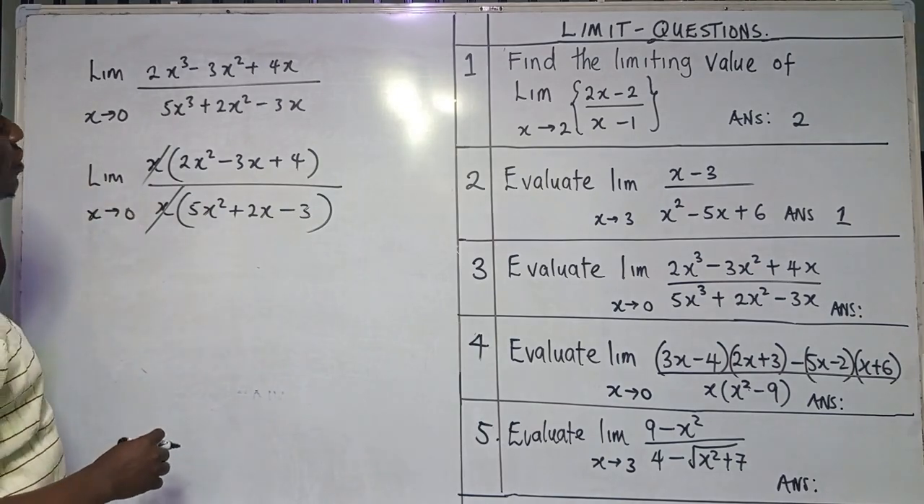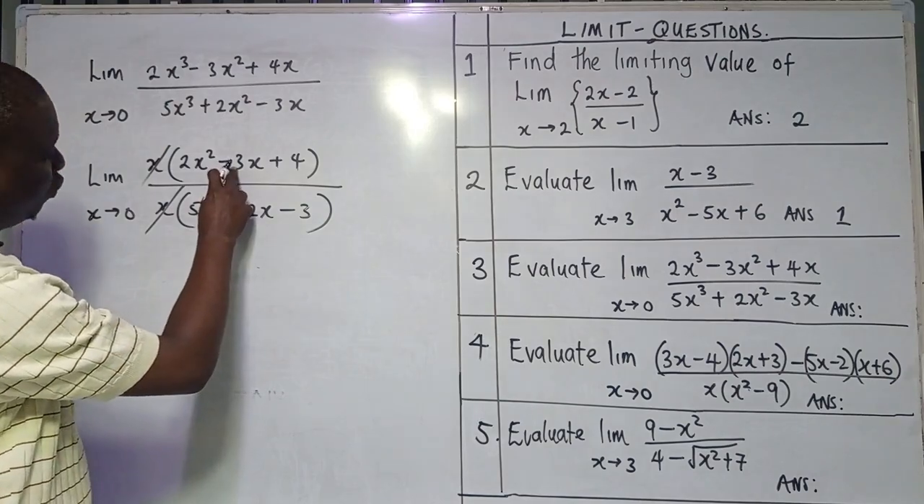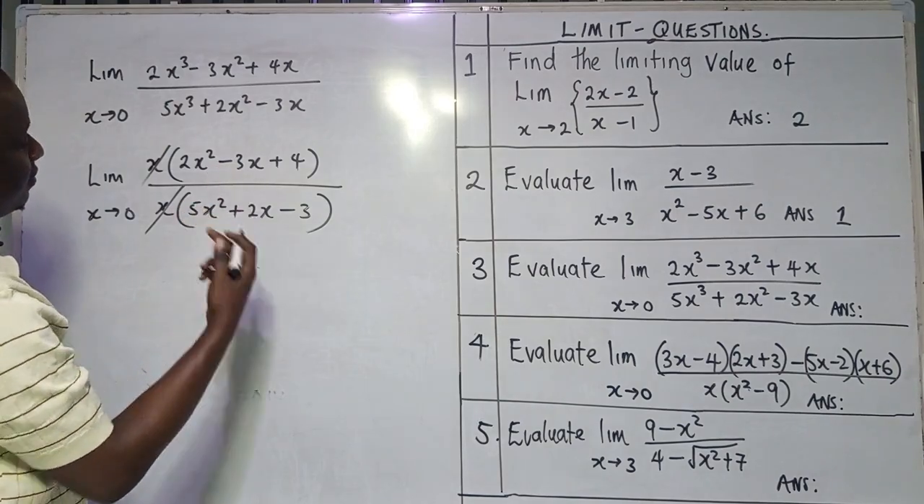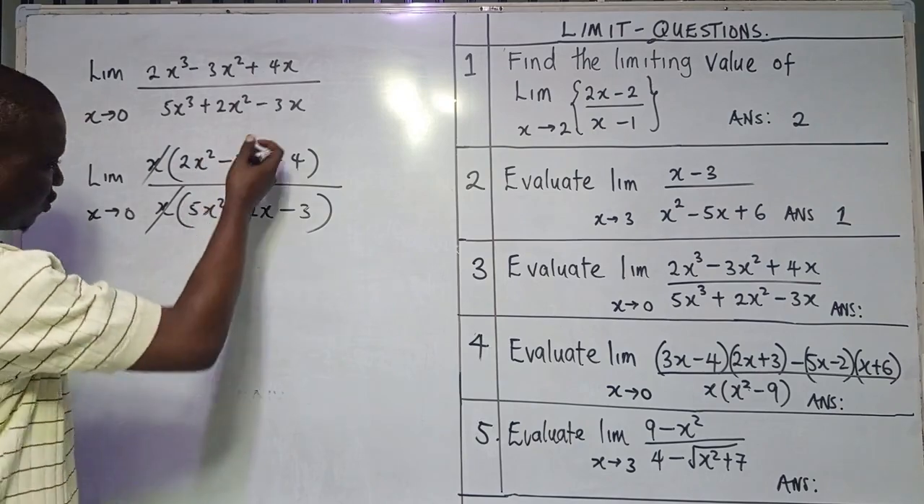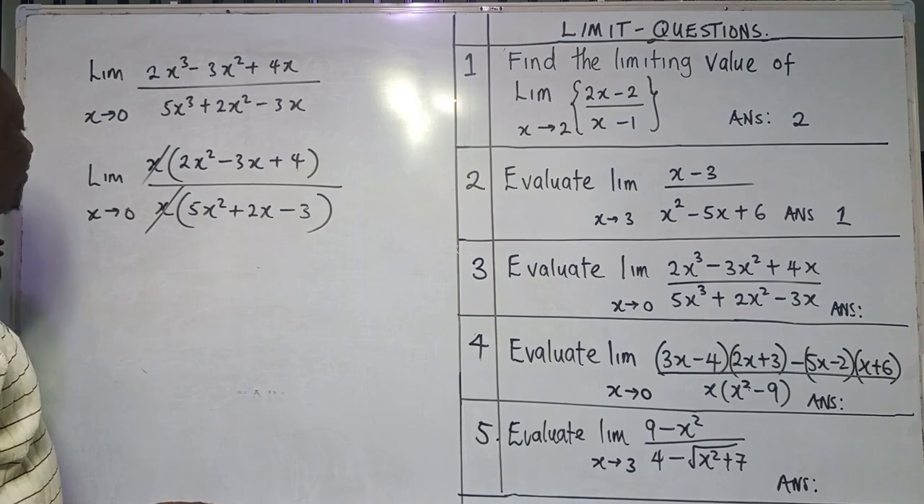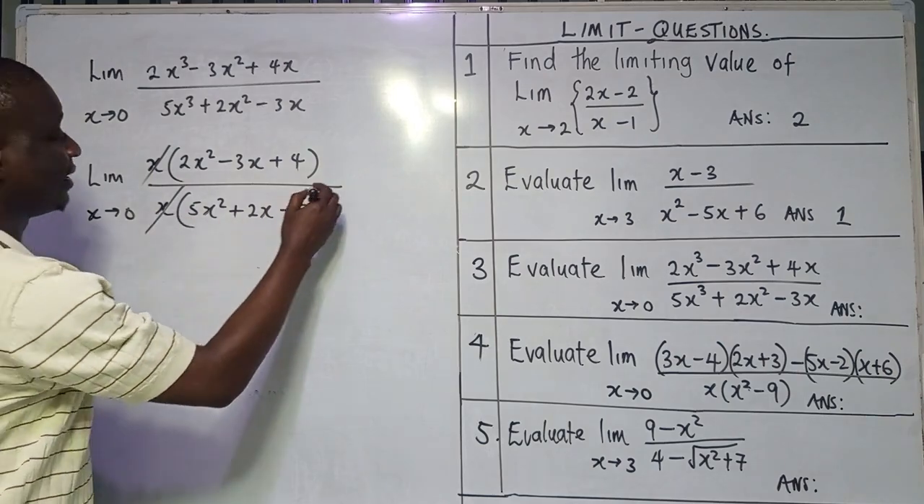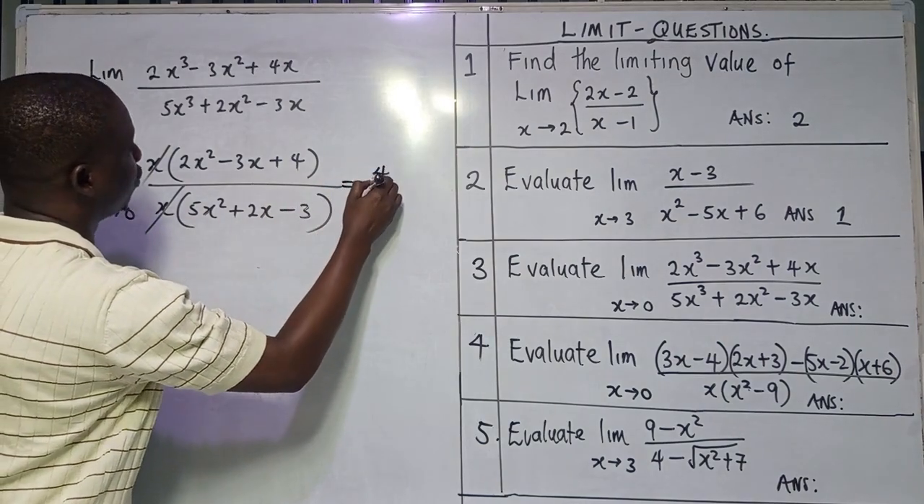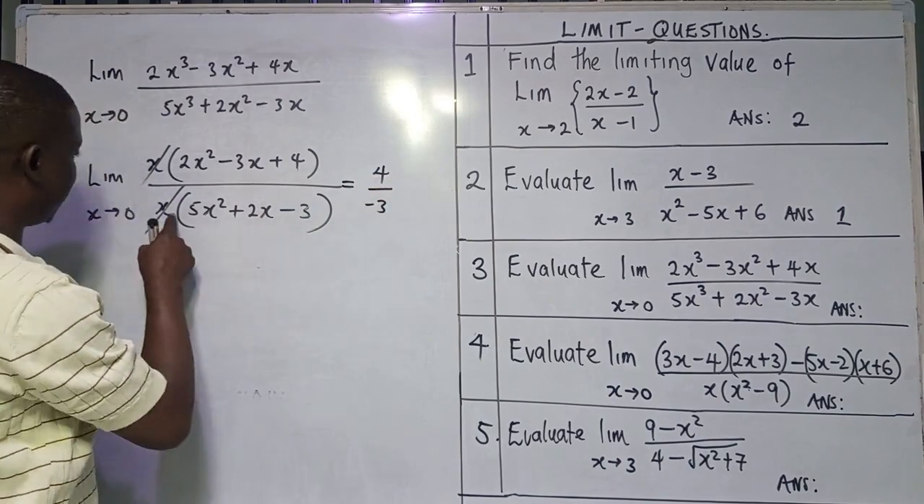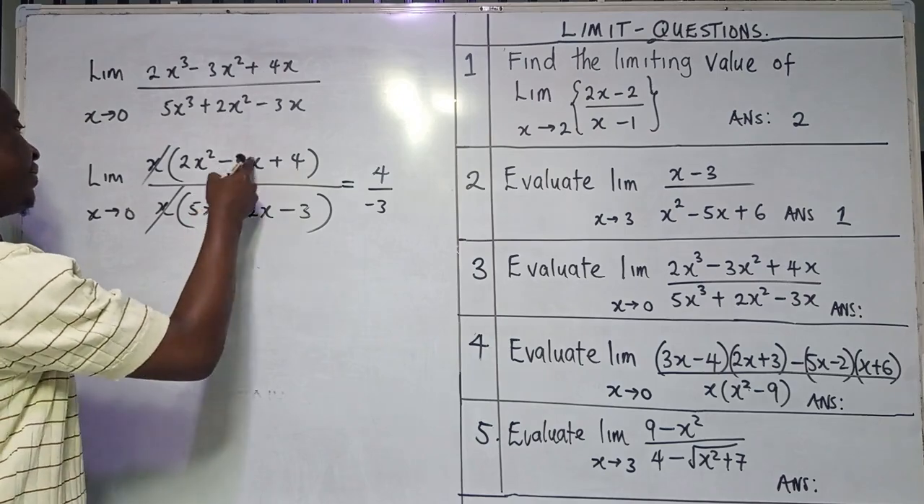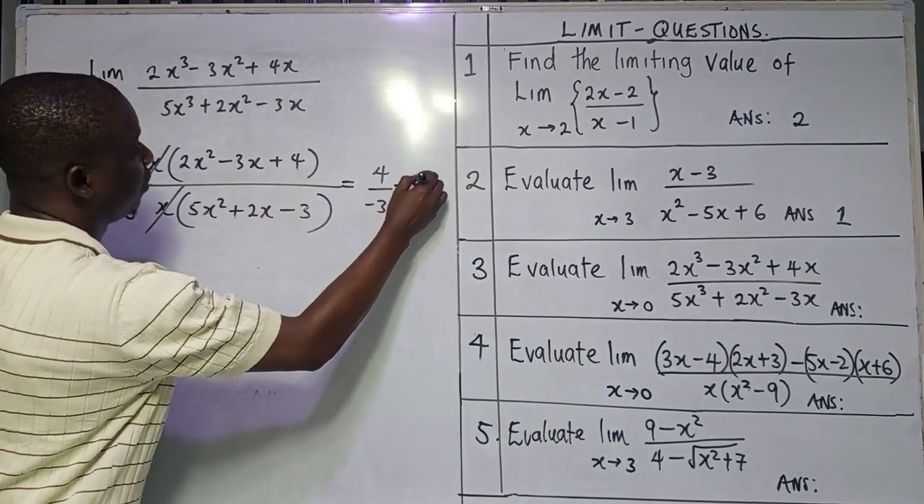Now, can you factorize this one? No. But what I will advise is that you can just substitute directly. It does not affect anything. If you substitute directly, we're going to have plus 4 over minus 3. If you put 0 here, 0, 0, 0, 0. So our answer will be